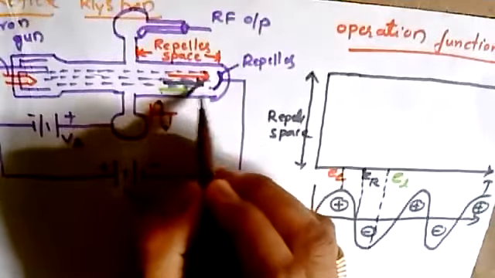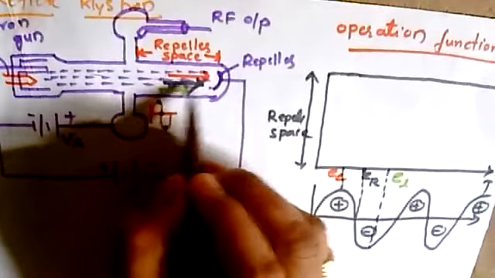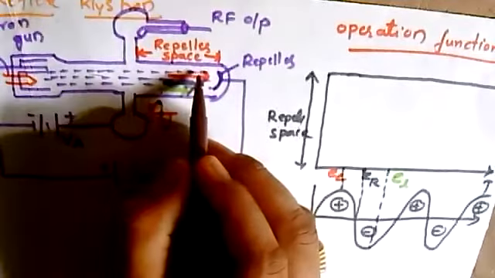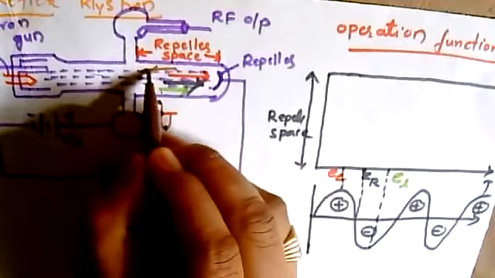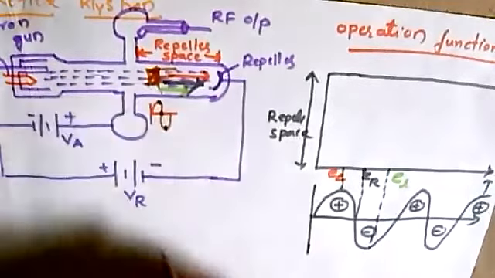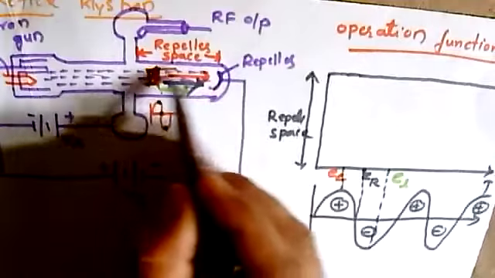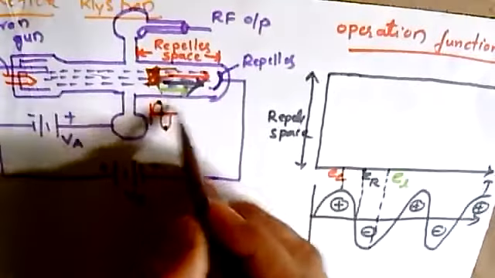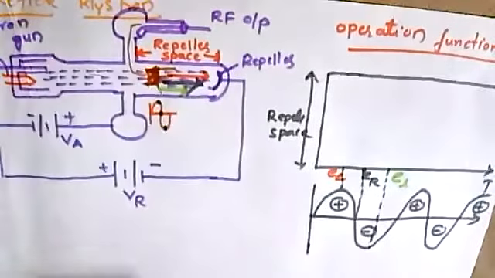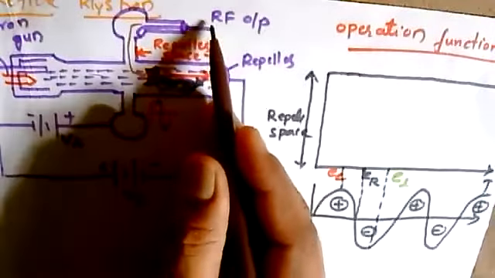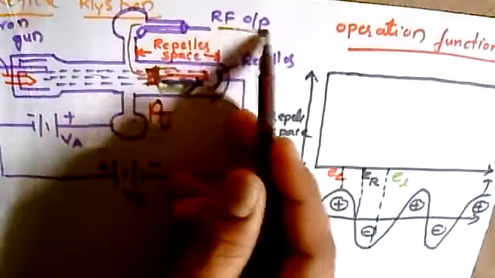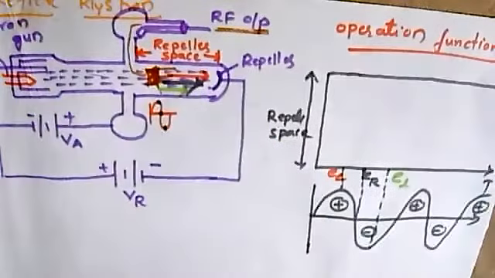So these three are moving with different velocities and penetration into the repeller space. In the end, they will be returning back. While returning back, they form a bunch. They form a bunch over here. Such bunches take place because of these three different electrons. Then those will be taken as an output, and the amplified output will be taken out across the output of this cavity and considered to be an RF output.